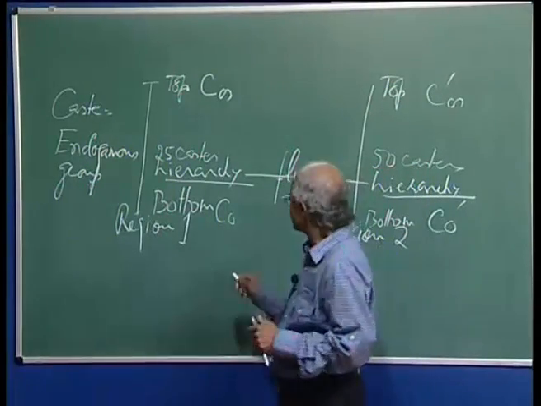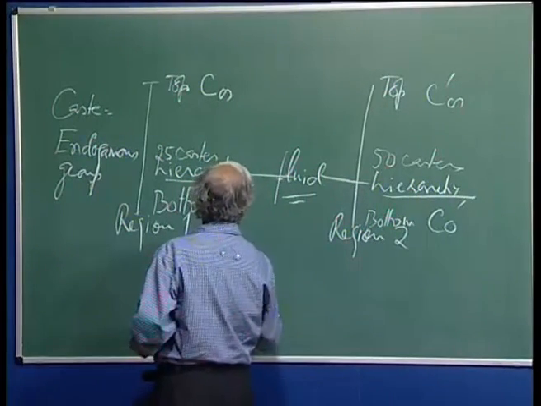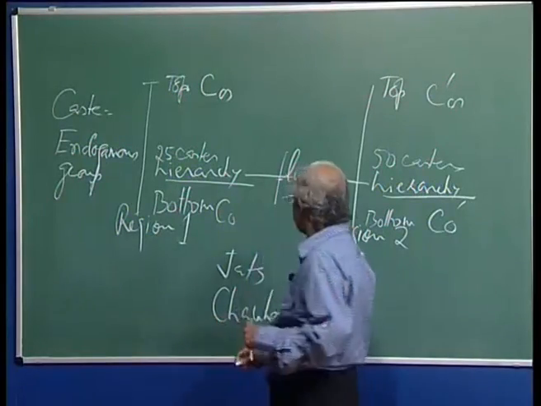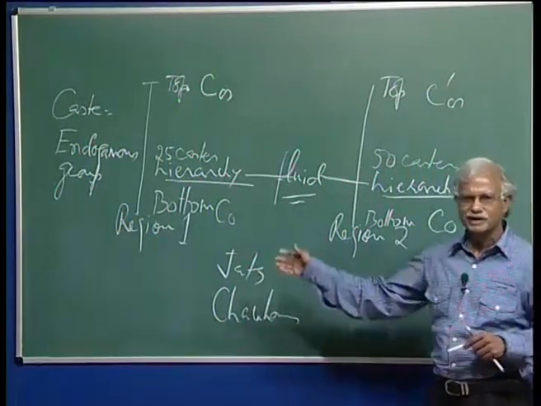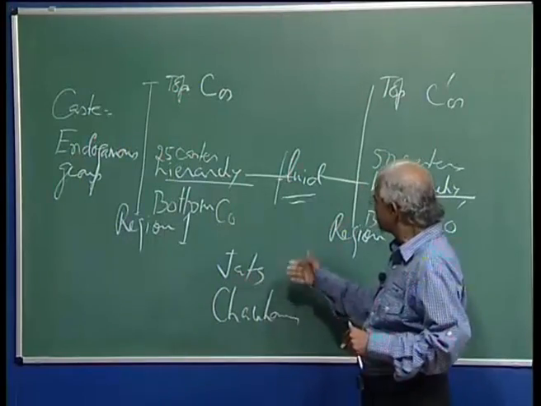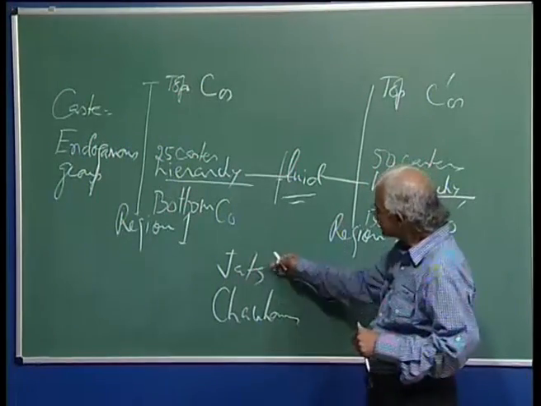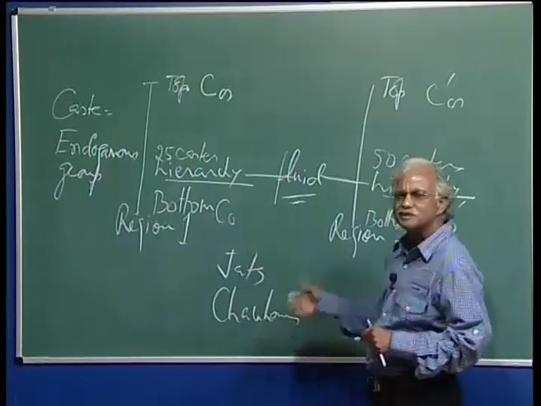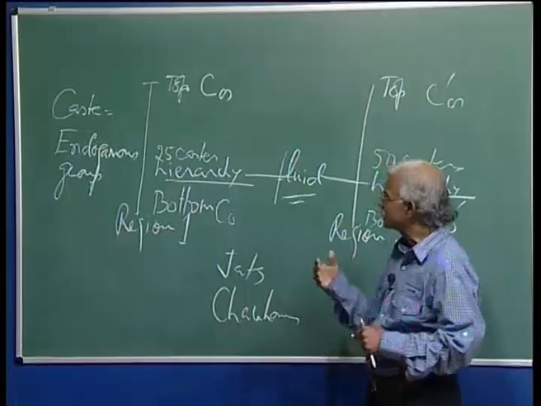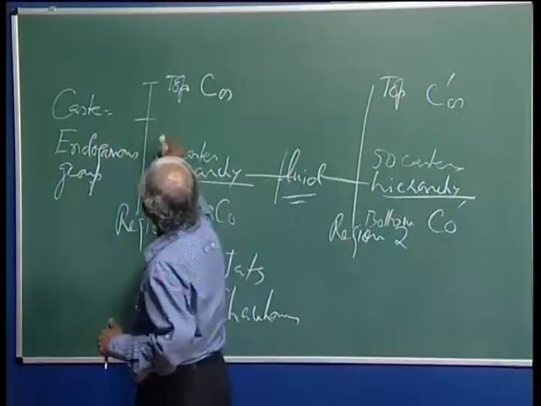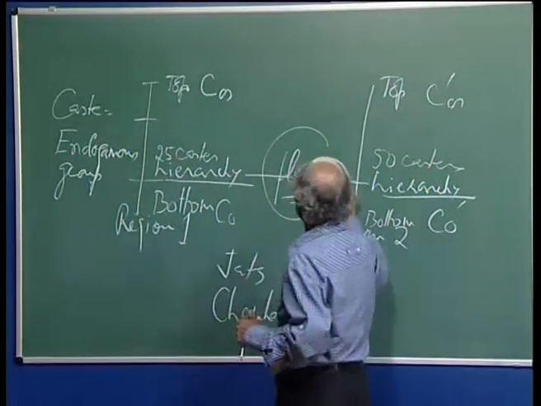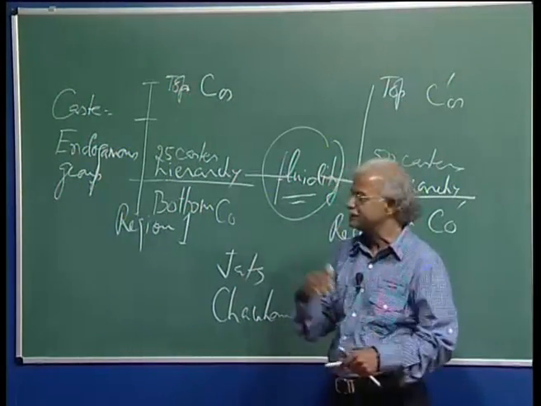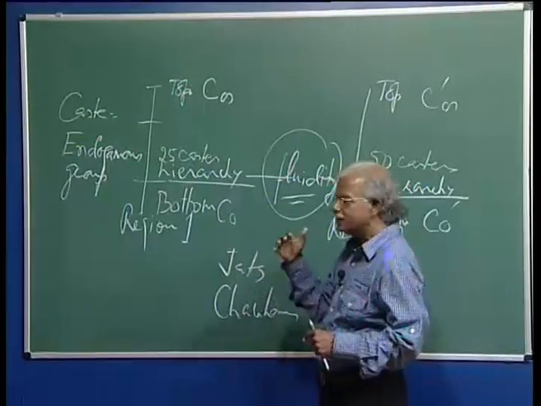You know, like if there is a caste of Jats and another caste of Chauhans, both of them are living in the same region. There are several districts in western UP where you have Jats as well as Chauhans. Now, Jats will claim that they are superior to Chauhans, and Chauhans will say they are superior to Jats. So, there are claims, counter claims, and in between there is a lot of fluidity. Means the hierarchy is never clear cut.